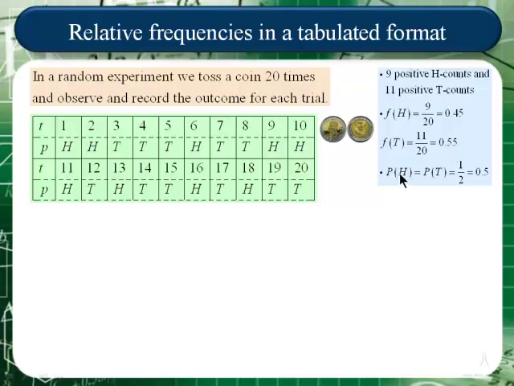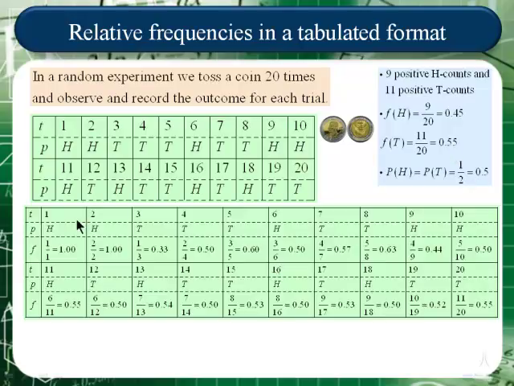The theoretical probability for H is equal to the theoretical probability for tails, and it's a half or 50%. So you can see in the one case, the relative frequency is less than the theoretical probability, while in the other case, the relative frequency is greater than the theoretical probability. Now, if we go a little bit further and calculate the frequency